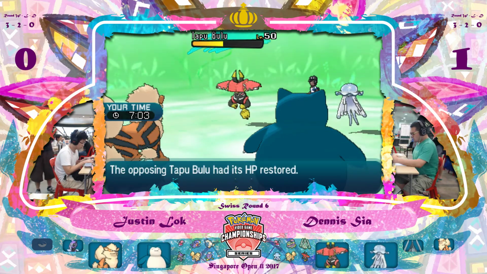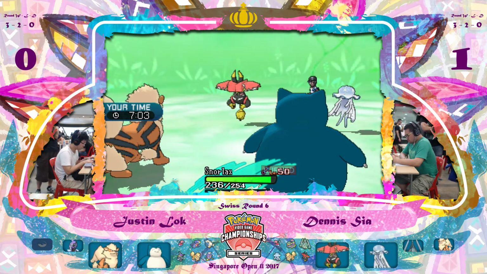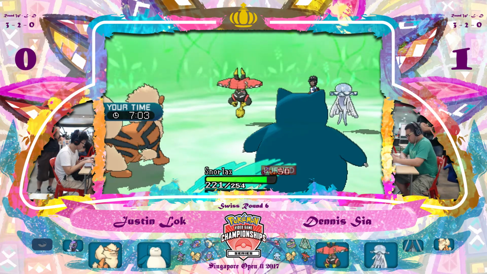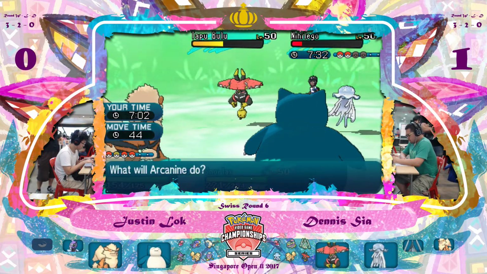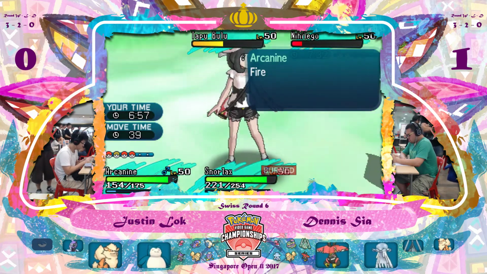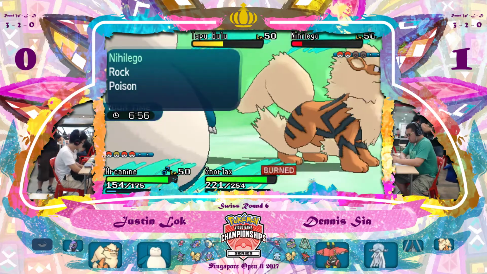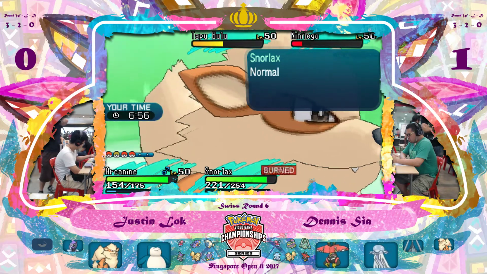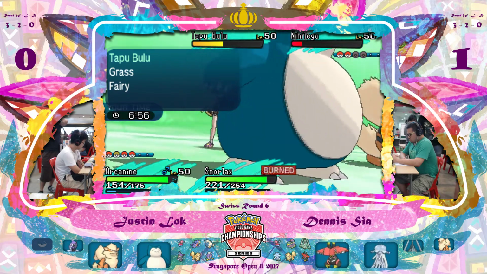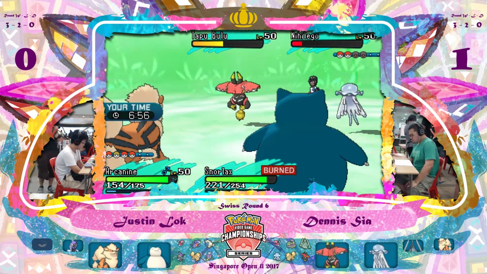So now we'll see if Justin decides to reveal the Extreme Speed on the Arcanine right here, as the Nihilego could potentially threaten a KO onto Justin's Arcanine. Right. So I guess at this point, Snorlax can switch out to reset itself of the -2 attack and get in Fini for the terrain reset. And Arcanine can pick off any one of Dennis' Pokemon, being the Nihilego or the Tapu Bulu. Nihilego has already protected the last turn, so Justin might actually...